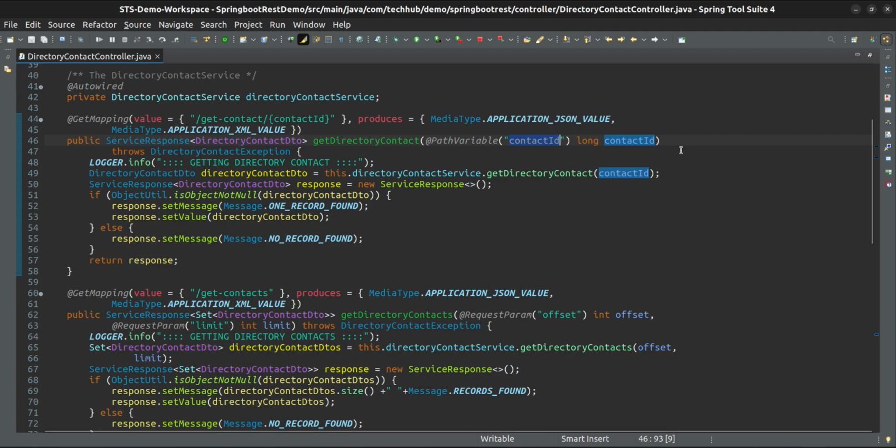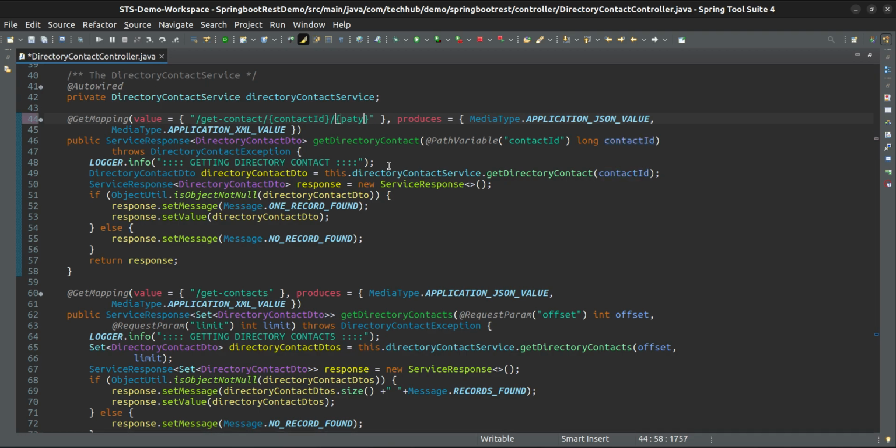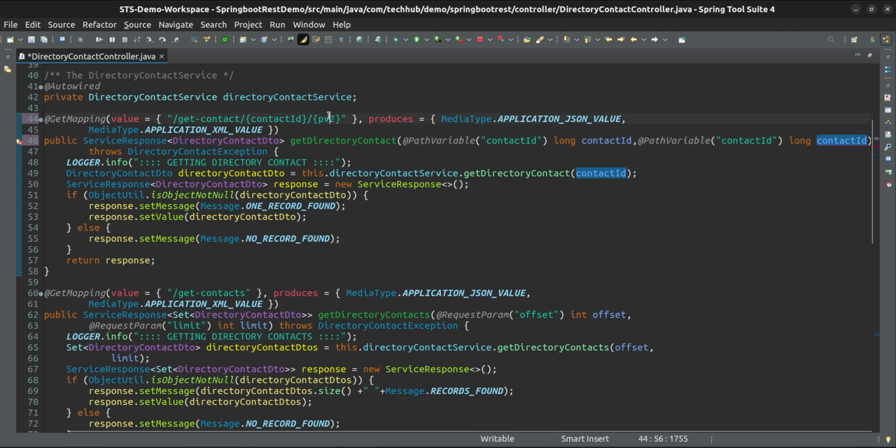And if there is more than one, then definitely you can separate them by comma and you can give more than one path variable. It will work. In that case, you have to give here also, like pvar2. You can give that. But in that case, you have to give here also PV, and this one you can give any name.